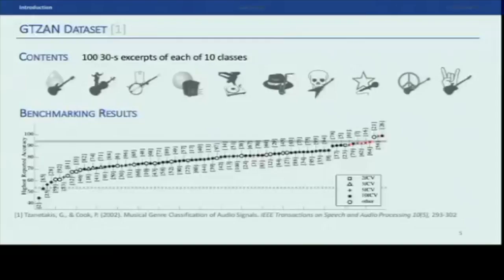And the most widely used in our field is this one, the GTZAN data set, that was released in 2002, for the problem of music genre recognition, same thing we were talking about. And it has 1,000 30-second clips of 10 classes. We have here, I don't know, rock, pop, jazz, whatever. And it has been used in at least 100 different publications.